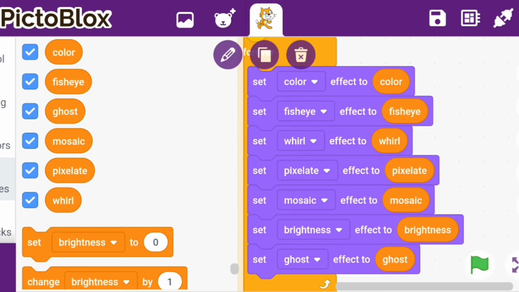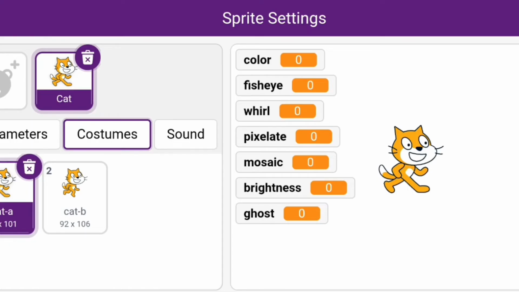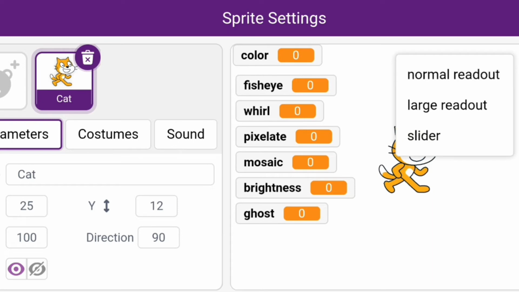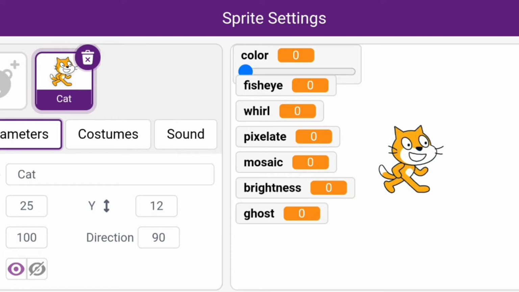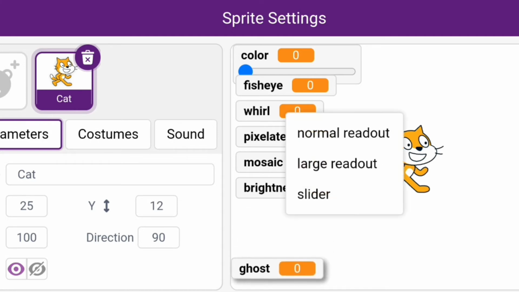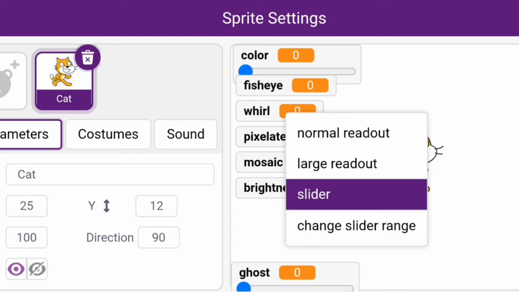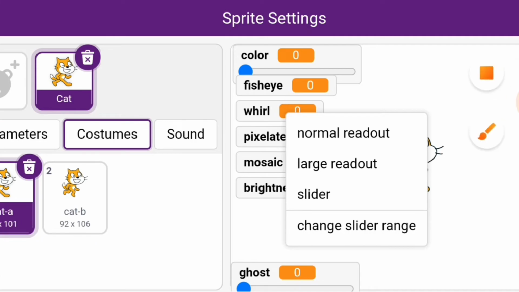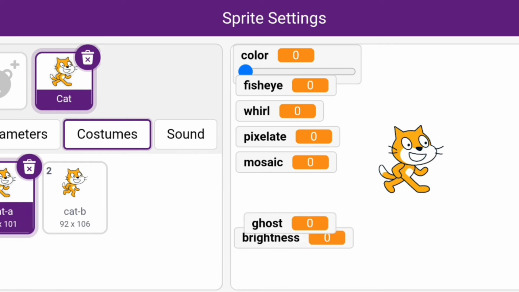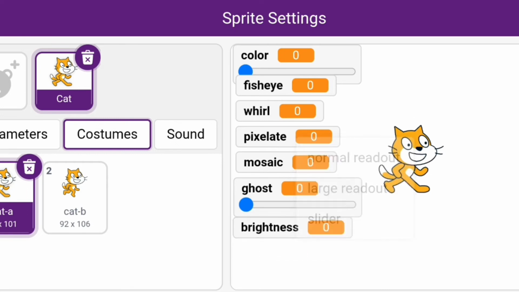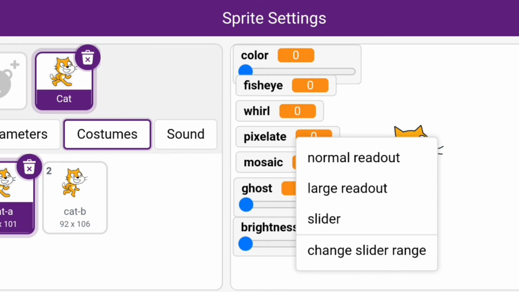Double click on cat and click on this pencil and assemble the variable and click on slider. ऐसे करके हमेशा सबको स्लाइडर कर देना है।